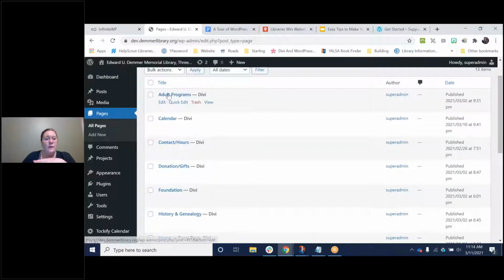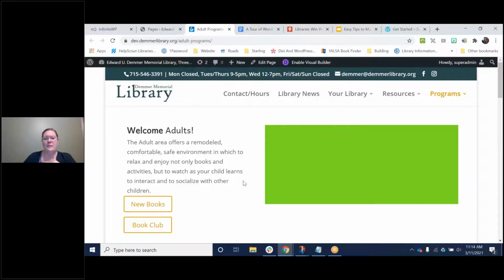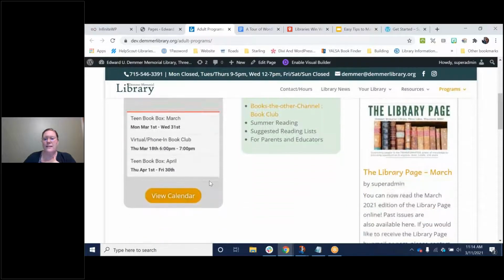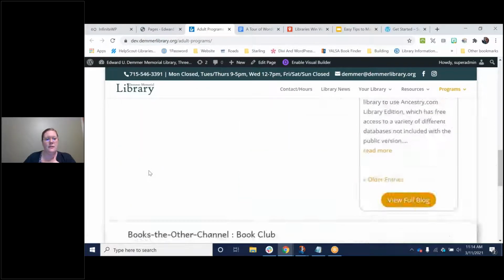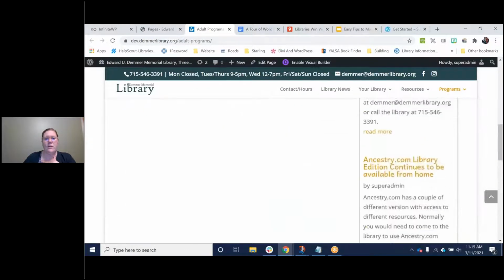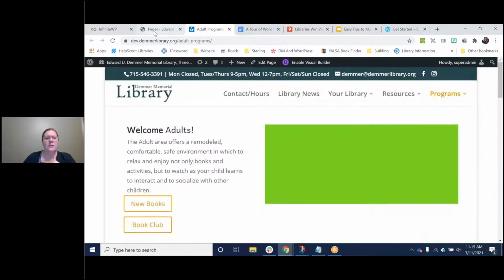The fun thing I do want to show you is you can click view and be taken to the front side. I do a right click and choose open in a new tab. And here's the new page in process of being built. Well, here's that blog post, a calendar, a couple buttons linked down to lower on the page.